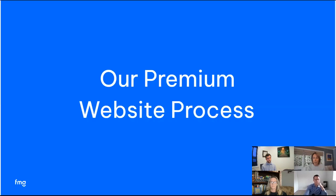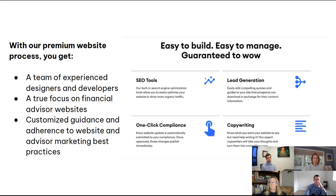Our premium website process, as we mentioned, we've got a team of experts. We take you through a brand assessment. We do the questions to ask to get at your messaging. We have a website checklist so that we're helping with the design. We've got the SEO tools and the one-click compliance and lead generation, lead gen magnets, and copywriting. It's a fantastic offering. We're passionate about it, but I'm more passionate that all of you are just looking at your websites,